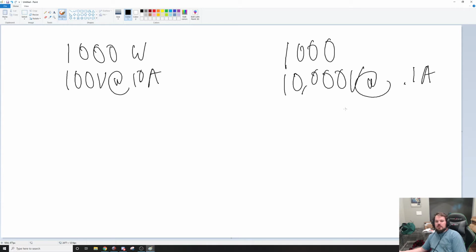You could send a bunch of different voltages and amperages, but I'm giving you two options. I'm narrowing it down. Either one has the same wattage, but